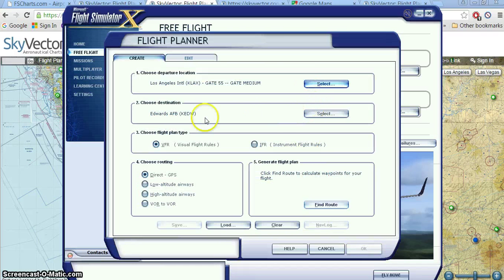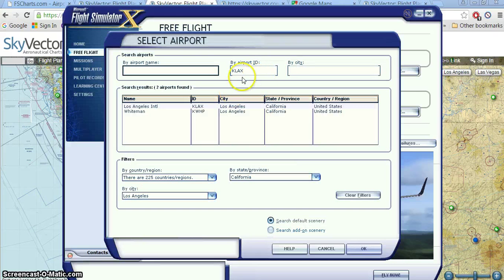Okay, and it's got our destination already selected. You do basically the same thing. So I'm going to type KEDW, K Edwards, and